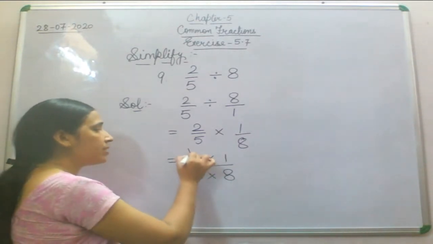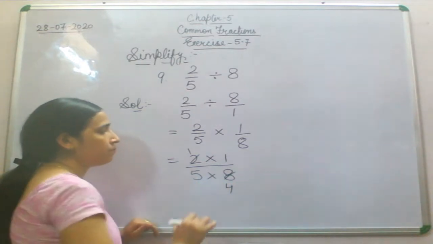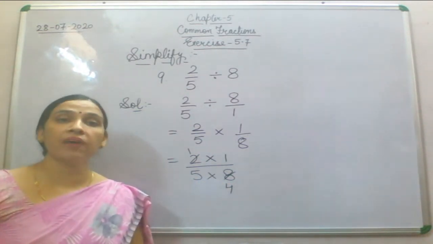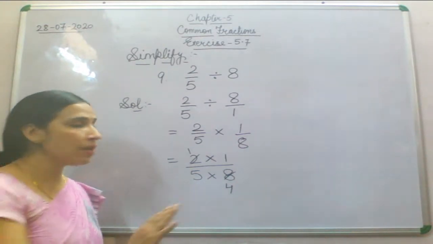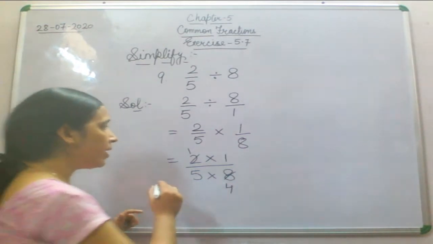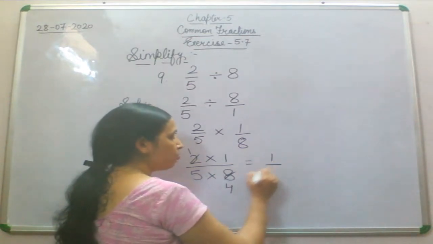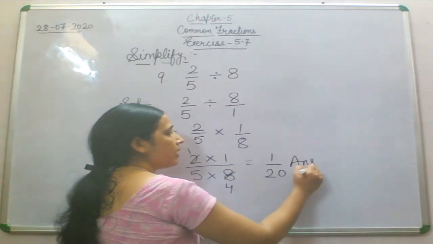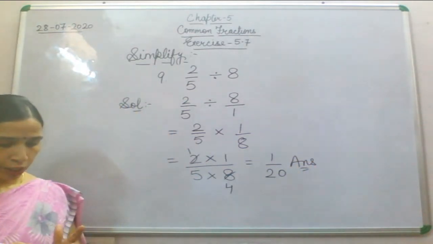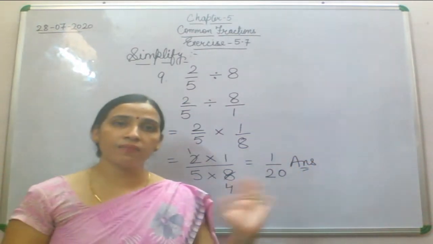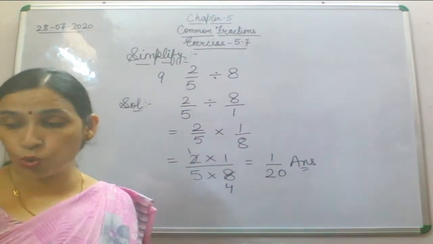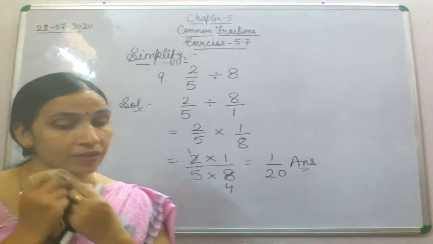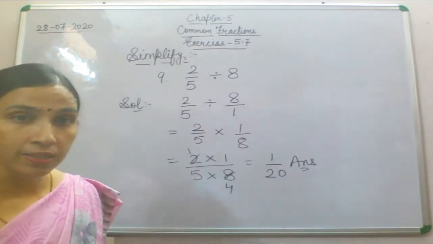It means 2 ones are 1 and 2 fours are 8. Fine. Because in 2 and 8 you have a common factor, that is 2, that will be reduced here only. Now numerator will multiply by the numerator, and 5 fours are 20. You will get 1 by 20 as an answer. So what we have done in this question, let's revise it once again and then we will do word problems. Word problems of exercise 5.7 we are going to do just now.